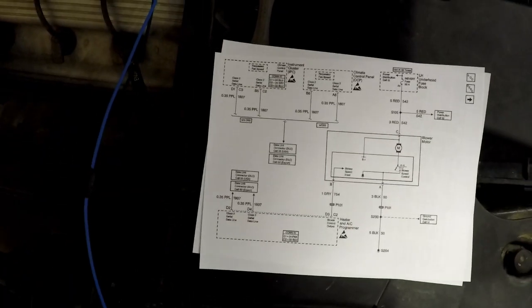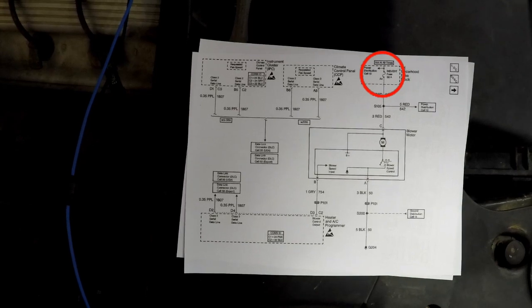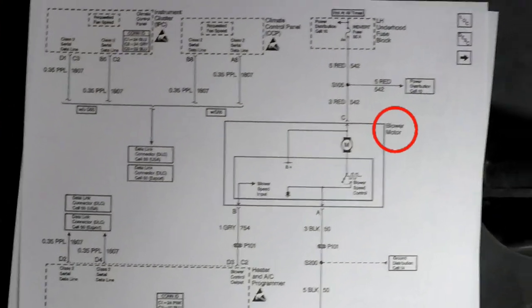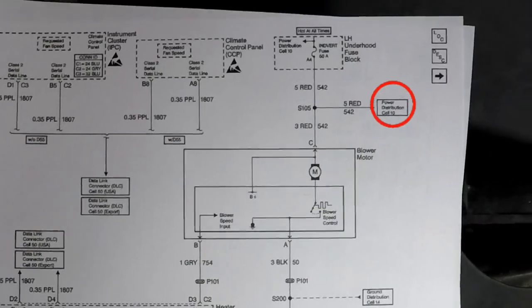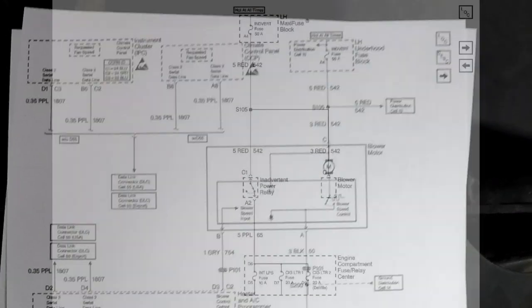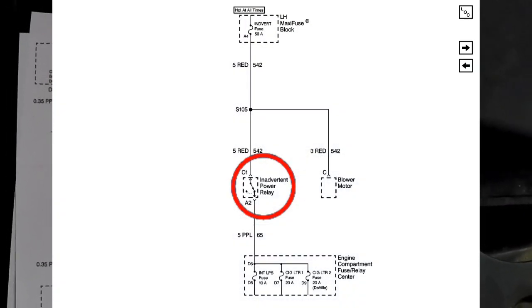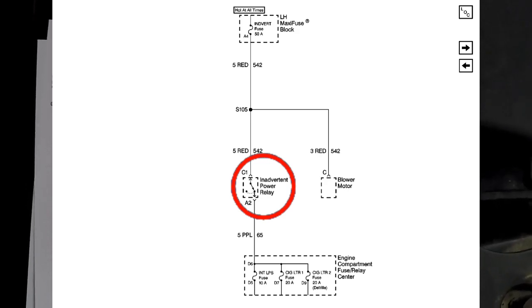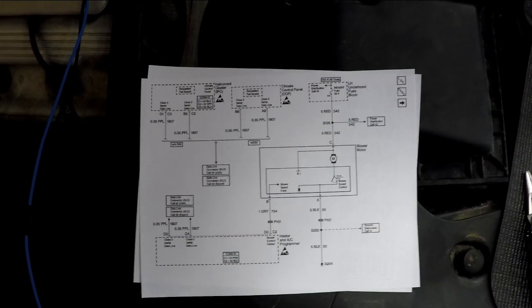Wiring schematic now showing me that that inadvertent fuse is going to power up the blower motor, but it's also going to another power distribution, and that happens to be the inadvertent relay. Now, inadvertent relay, after a period of time, is going to turn off certain accessories, lights, things like that, so it doesn't kill the battery. So what I'm going to do,